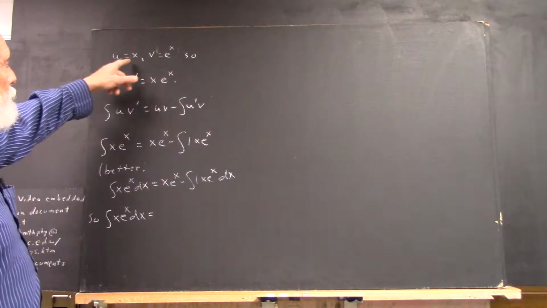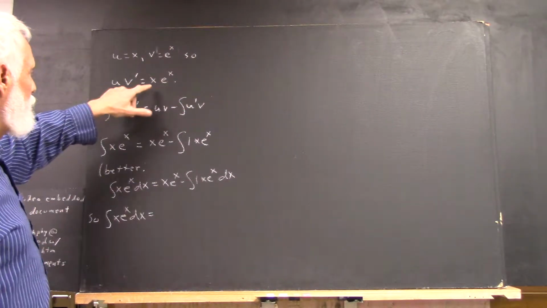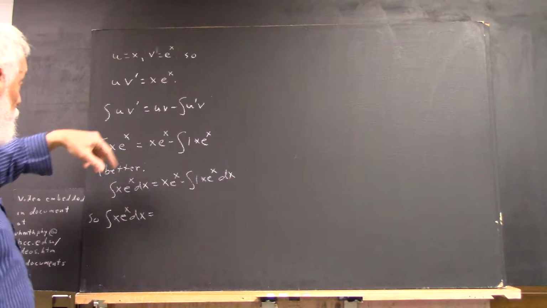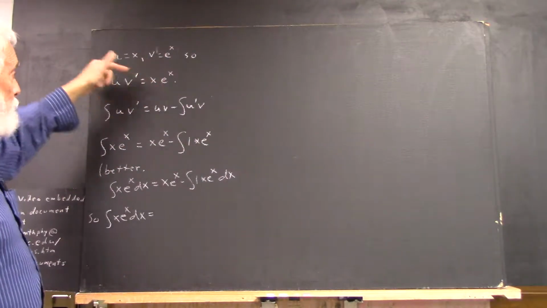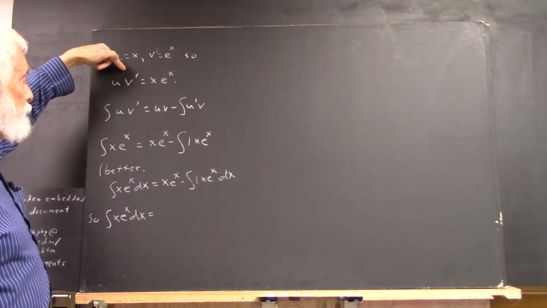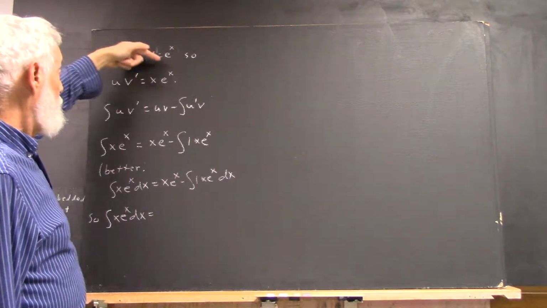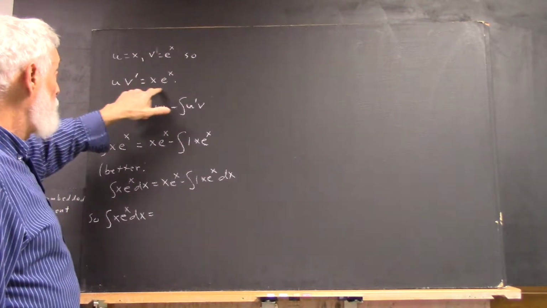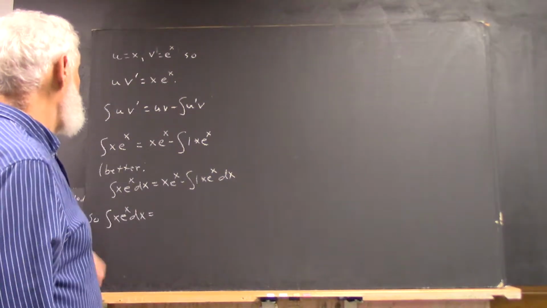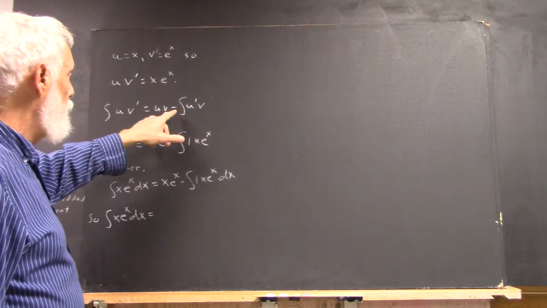Okay, if u equals x, v equals e to the x, we get u v prime equals x e to the x. Very clearly, v prime, where the prime implicitly refers to differentiation with respect to our variable x, is just e to the x, so u v prime is x e to the x. So if we want to write out the integral of u v prime equals u v minus the integral